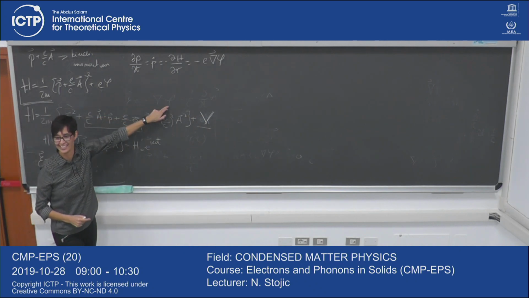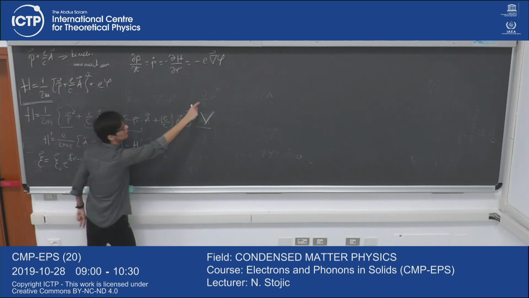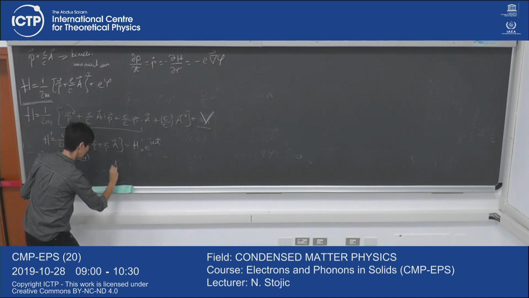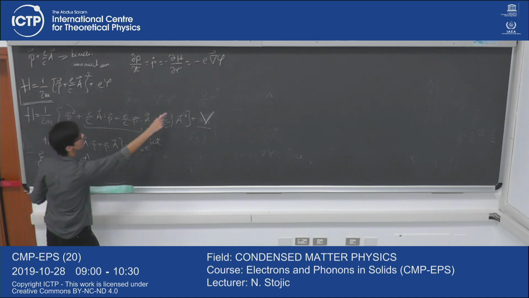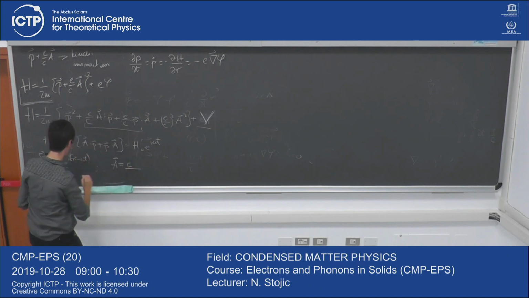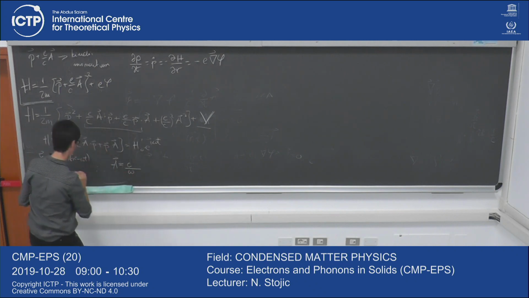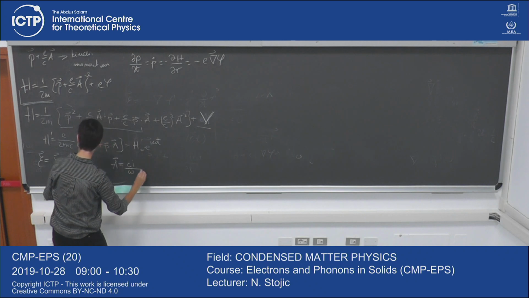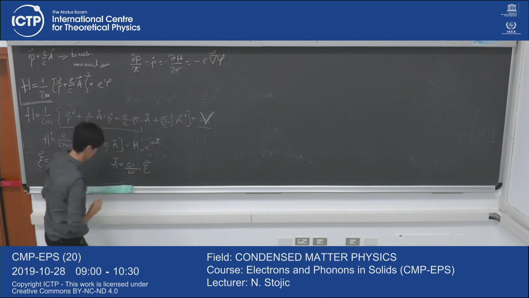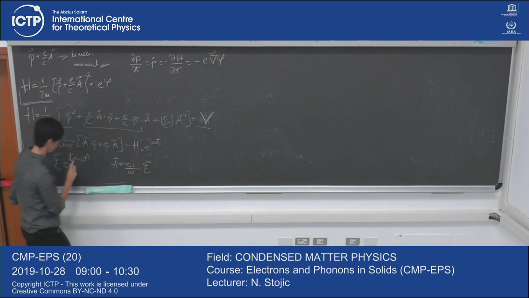You all see this one? I don't have to copy it. From here, I can determine the A such that the derivative in time of A gives the electric field. So you correct me. And there is a C. Omega should be down, no? There is an i, and then there is E. Let me check. And there is a minus, yes, there is a minus, because here it's a minus.